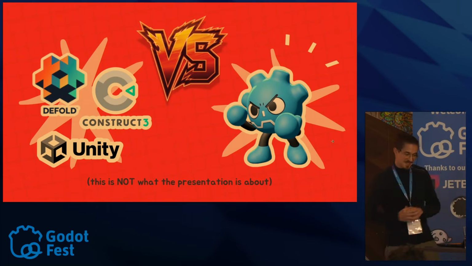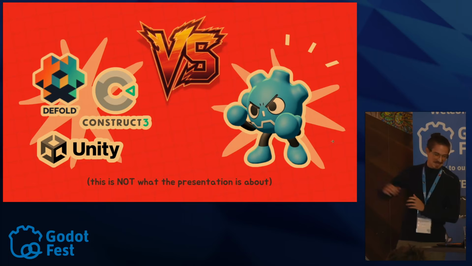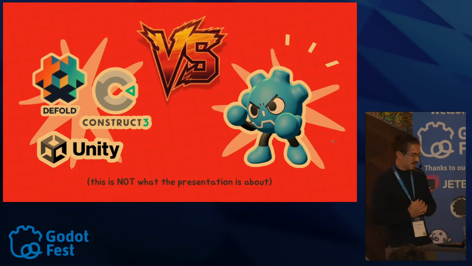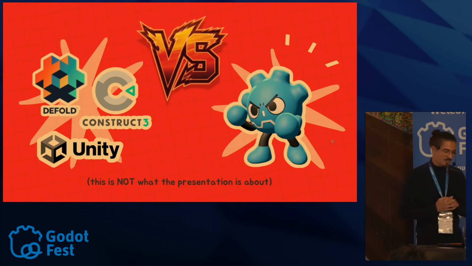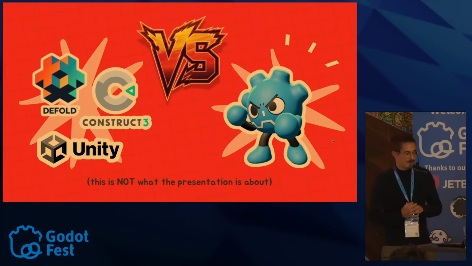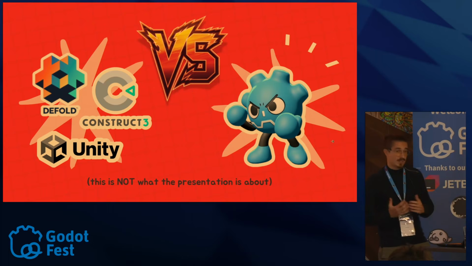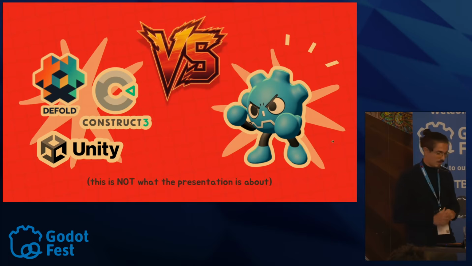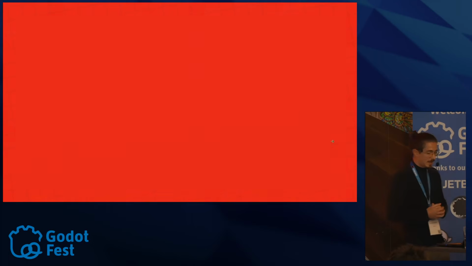So yeah, this is not what the presentation is about. It's not a fight between Godot and other engines. What I want to try to shed light on is what is currently missing from Godot to put it on the same level as other more specialized engines.